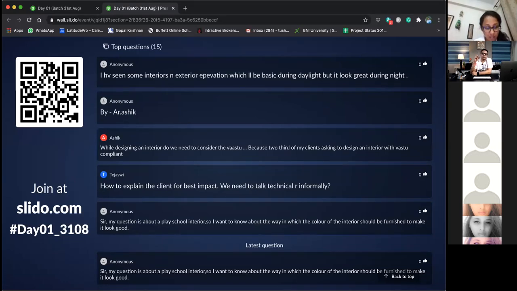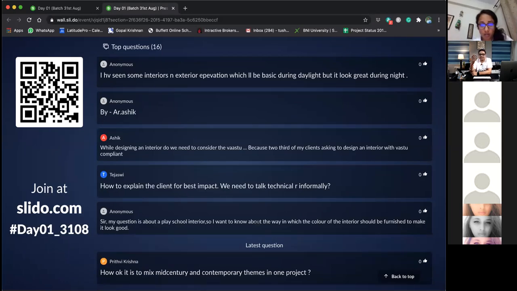In that bonus video, you will understand how, while considering Vastu as a template, you can go ahead and design the layout. What kind of things you can keep in mind when you want to design something keeping Vastu in mind. It will talk about what kind of doors are permissible, where you can put a wardrobe, how the kitchen triangle will work, and how the kitchen also needs Vastu to be taken care of. So I'm just going to release that one video after this call, and just watch that, okay? And you'll understand everything about Vastu. Something that you don't understand, you can just go ahead and ask me. I'll get you more information on that.